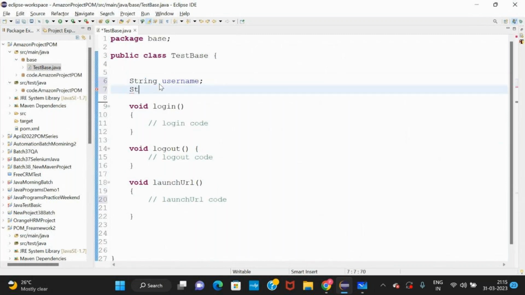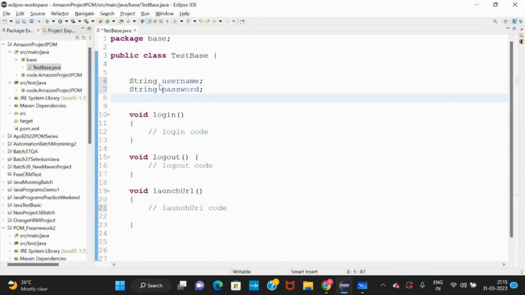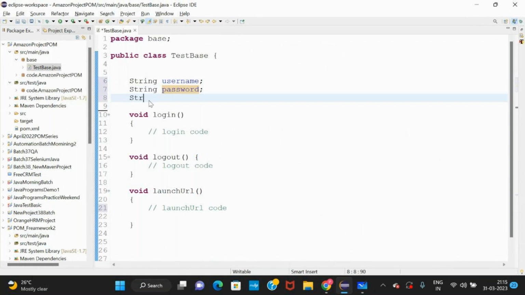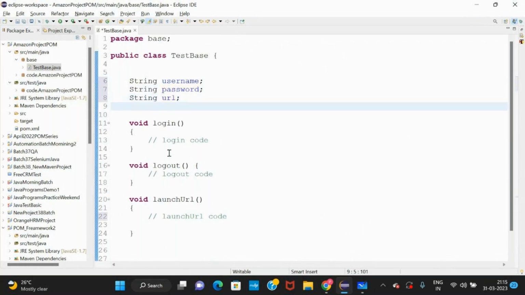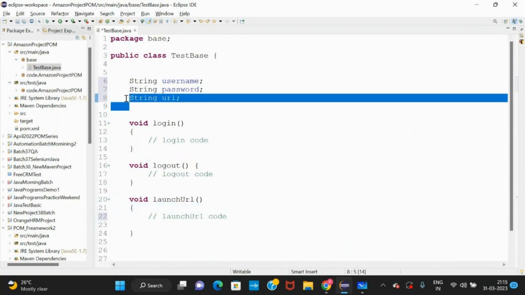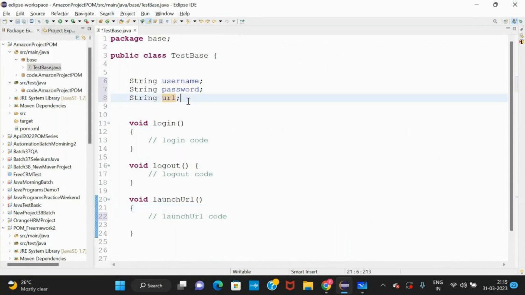We need a string password. The variable naming convention will always be small letter. Also we need a string URL, which we will use with driver dot get to launch a URL. These variables you can declare inside the methods also, or here is fine.